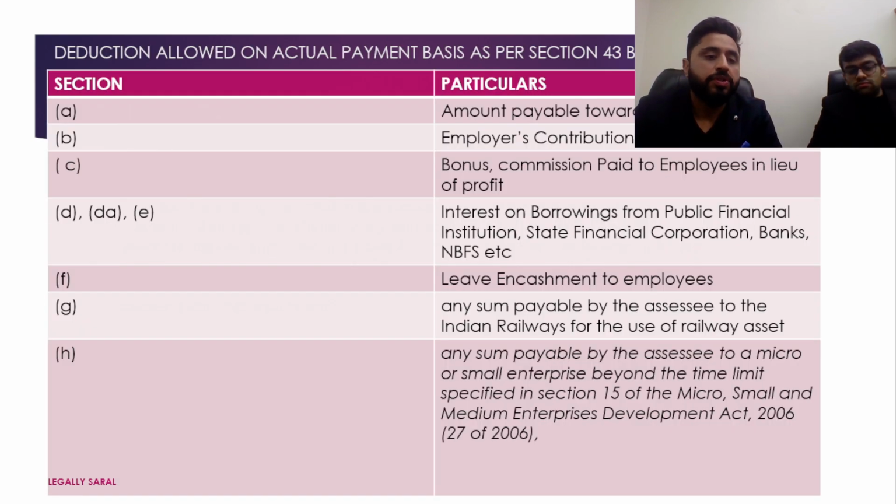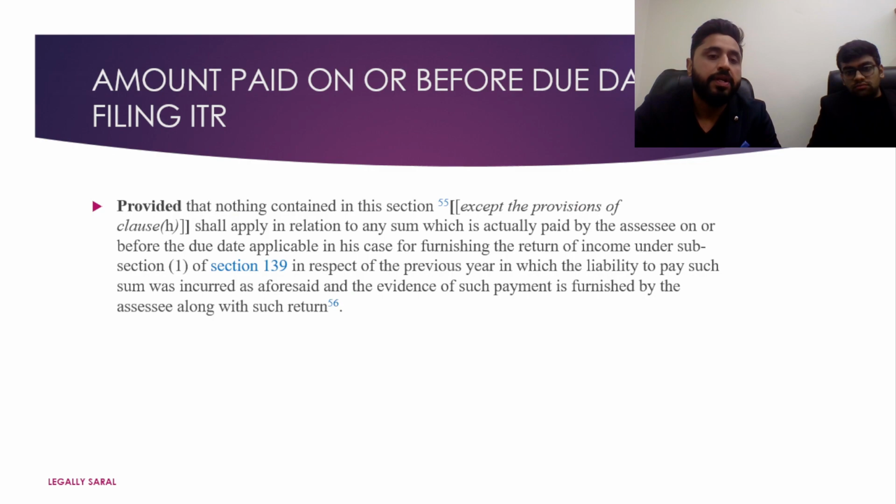Now, why we are discussing this section, I am again repeating, because if you can see the slide, for subclauses A to G, there is a provision where you can make the payment before the due date of filing your return, which means suppose you have not made the payment till 31st March 24 for the financial year 23-24, then you still have the time to make all the payments referred to in the subclauses above before the due date of filing the return, that may be 31st July or 30th September. But for subclause H, there is no such provision.